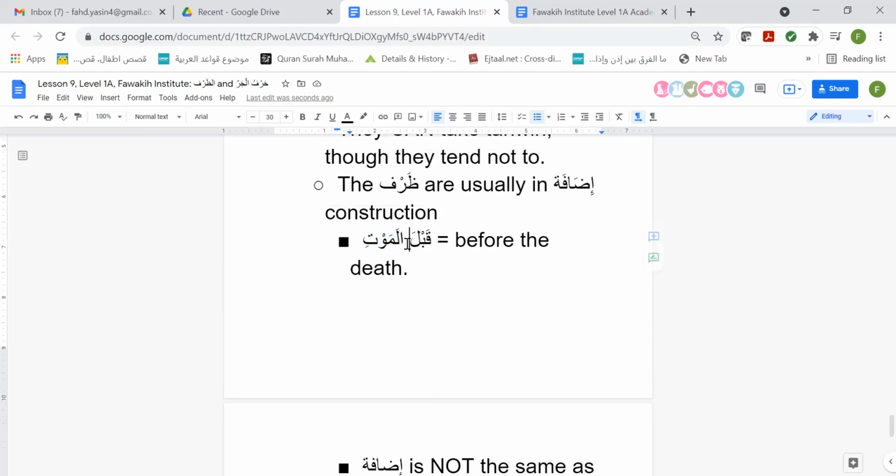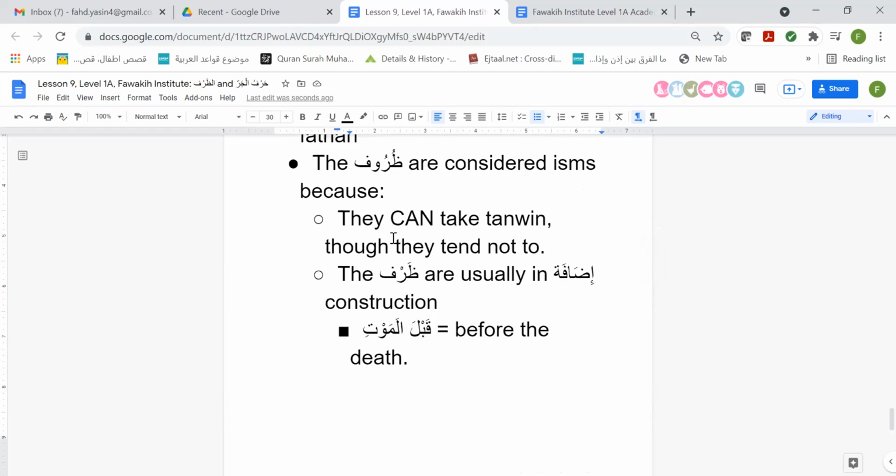Qabl al-maut, yes, the following word is in a state of jar, but it's because it's an idafa form. This qabl is going to be mudaf, and remember the conditions of mudaf: there's no alif lam, and it can be in any state. In this case, it's in the state of nasab because of the fatha, and there's no alif lam, as expected. The mudaf ilay can or cannot have alif lam. Usually it has alif lam. In this case, it does. And the key thing is it is in the state of jar. It has a kasra for a singular noun.